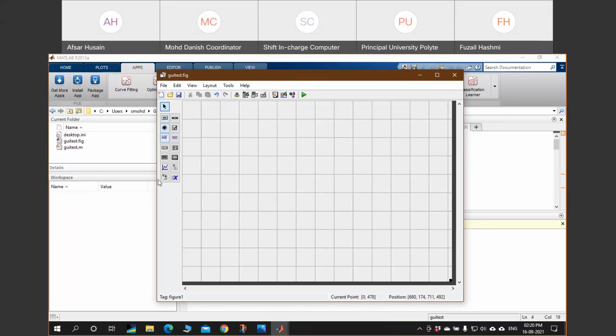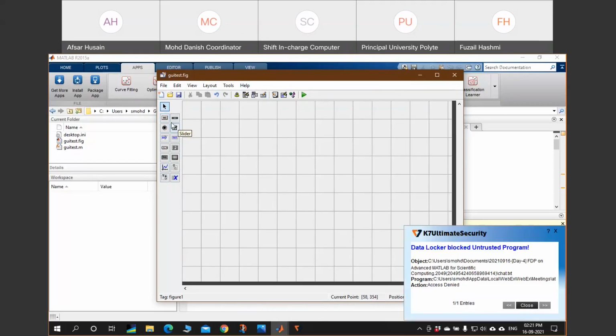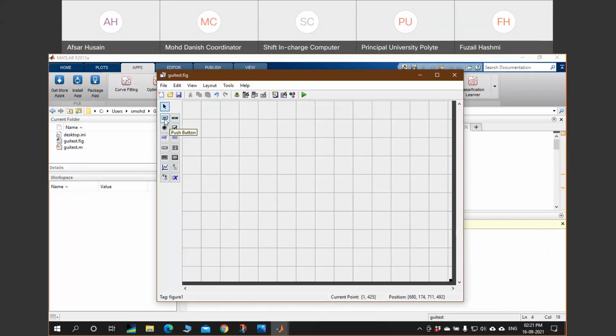On the left of this panel there are various options. The first option is a push button. When you hover over this menu, you will find the tag. This tag is showing that it is a push button. So how to add a push button?